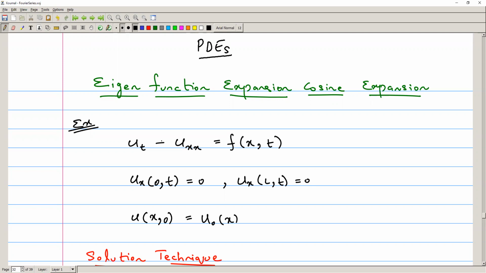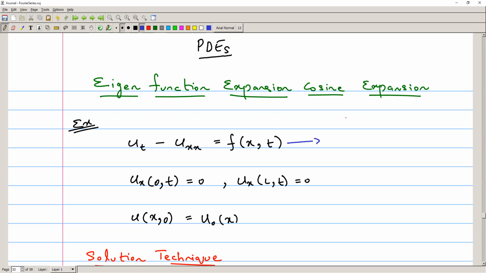And now in this class, we are going to discuss cosine expansion for Neumann boundary conditions, because we know that whenever we meet Neumann boundary conditions, we generate an eigenfunction that is a function of cosine, right? So here is the given equation, that is a non-homogeneous heat equation with